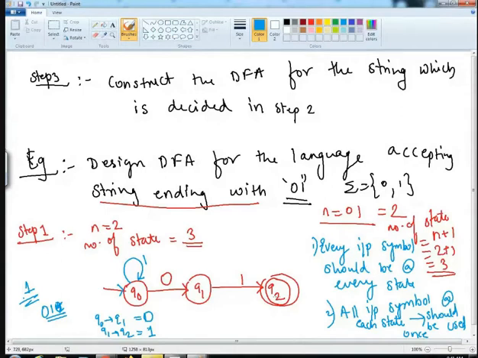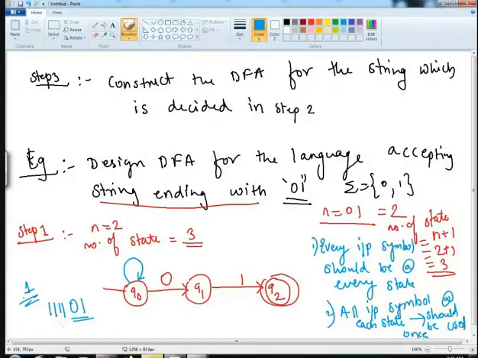Now, if I give this machine an input of, say, 4 times 1, and then 0 1, the machine still ends with 0 1.